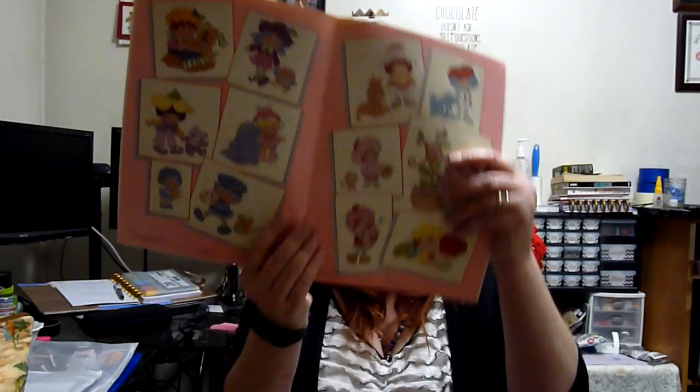And then the last thing I stitched on this week was from this book. So it's an original Strawberry Shortcake, and the center page has come loose, so that's tragic. And I'm working on Strawberry Shortcake herself. So I have stitched several of her friends, and I think what I've decided, because I adore Strawberry Shortcake, and